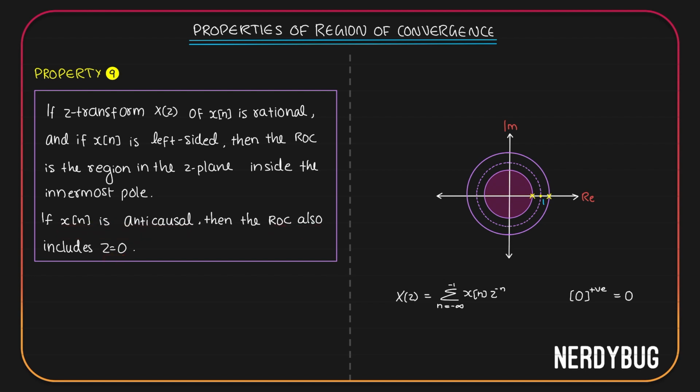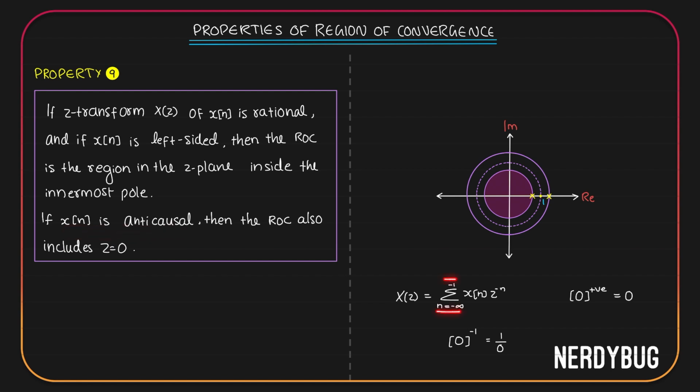What if it is not anti-causal? In that case, n will also take negative values. That means the power of z will also become negative sometimes. So when magnitude of z becomes 0 and the power becomes negative, you will probably get 0 raised to, let us say, minus 1. That will become 1 by 0, which is unbounded. So we can conclude that ROC will also include 0 if x of n is anti-causal,